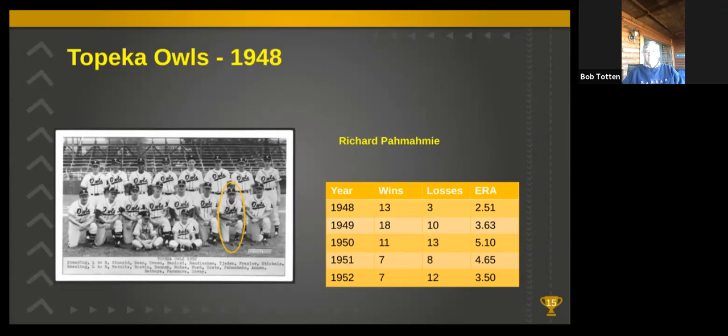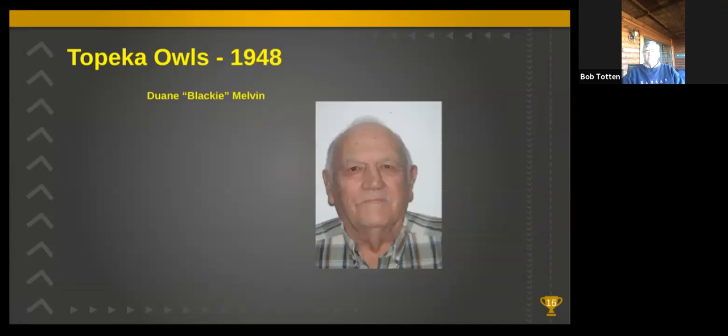And then Dwayne Blackie Melvin was a multi-sport star at Celina High School, where he played 4 years of professional baseball. 1948 is when the Owls he hit 211. In 1954, as a final curtain call, he had one at bat. He went on to serve as the coach for 38 years at Meriden, Emmett, Robinson, Rossville, and Seaman High Schools.